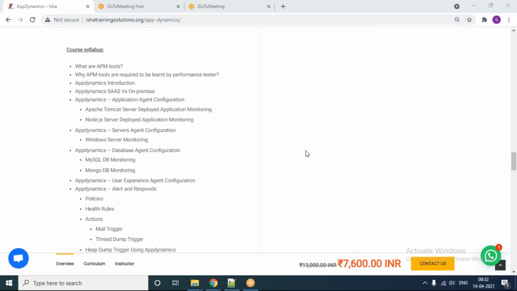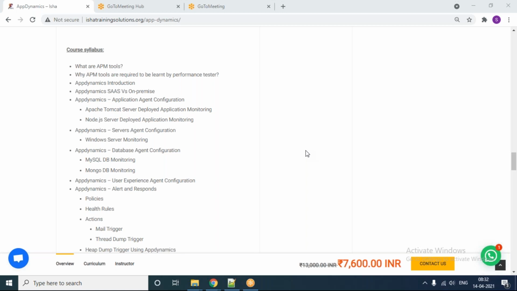So I'll quickly summarize and then we will wrap up. In this course journey on AppDynamics, I'm going to initially explain how to set up the application locally on your machine.